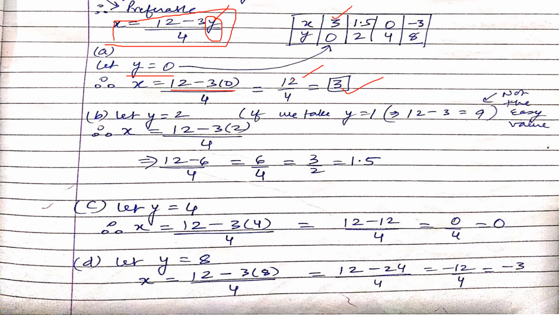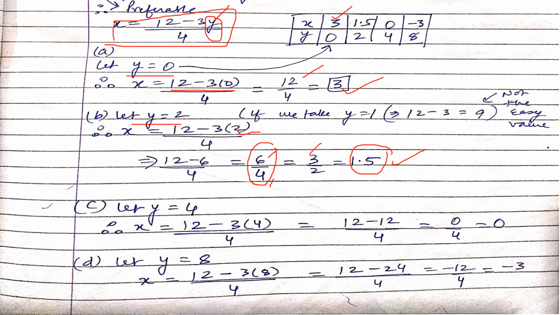Now second, I have taken y equal to 2. So taking y equal to 2, what happens? 12 minus 3 into 2 upon 4, 12 minus 6 upon 4, 6 upon 4. See, this number is okay, but we should have tried to put those values of y which give us an exact divisor of 4. Why? That will be easy for us to plot on the graph paper. But still, if I did it, we can still get the answer. Just divide it, it becomes 3 upon 2 and finally 1.5. It is my personal choice that I want to avoid decimals. But no problem, we can draw this also on the graph paper.